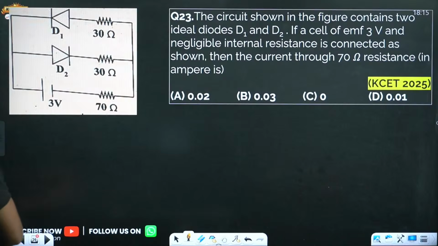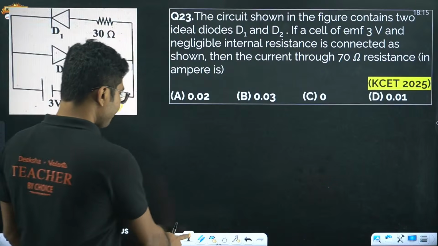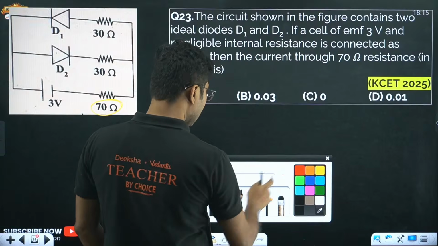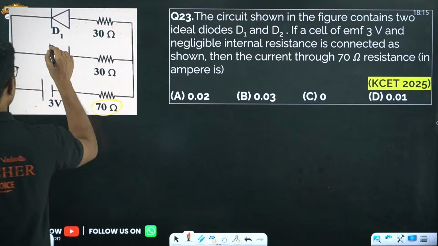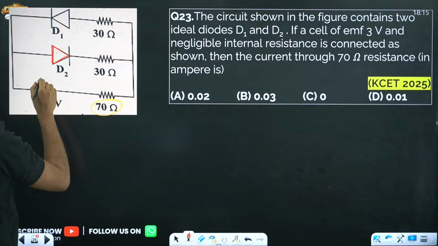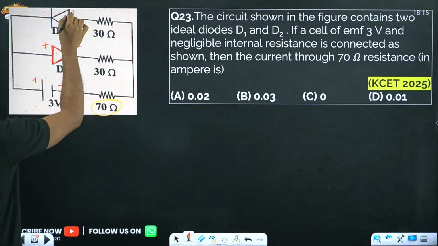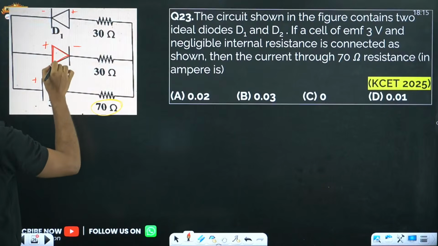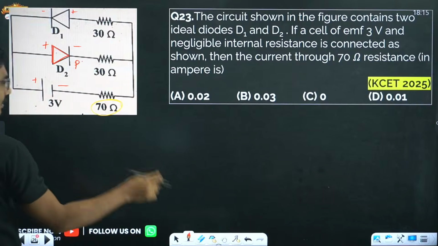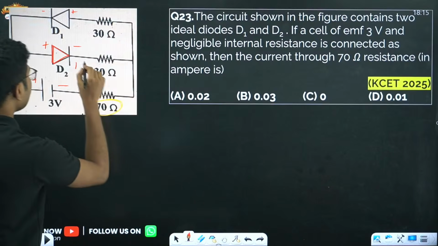So you have to find the current through this resistance. Since the diode is ideal, the voltage drop across the diode is 0. Now this is positive, this is negative. So this is the p side, this is the n side. This diode is forward biased,